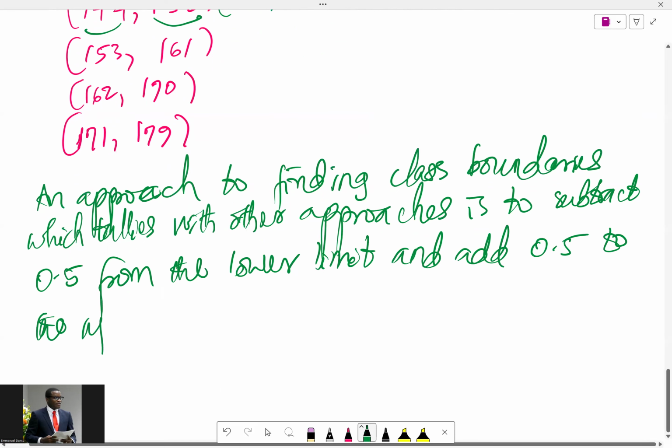And if you do that, since you already have the limits,